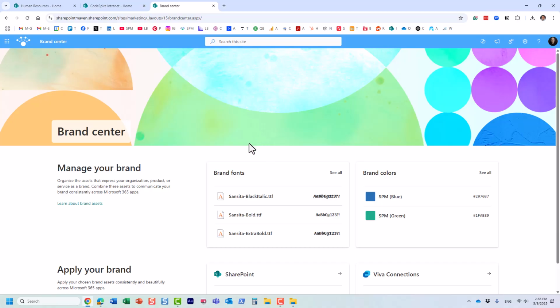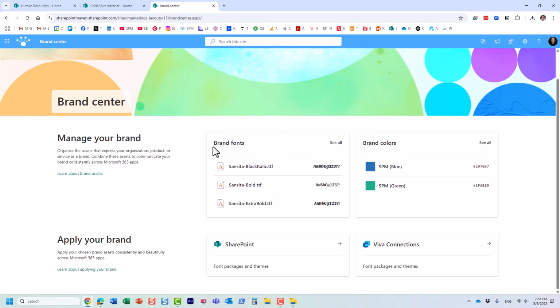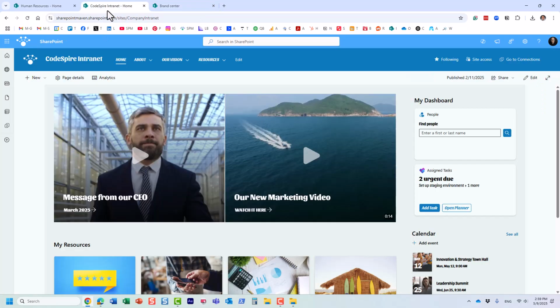I don't think it will be available to everyone. You probably have some marketing folks or IT responsible for that, right? Because you don't want anyone just uploading custom fonts in here. But here's a use case. Let's just say